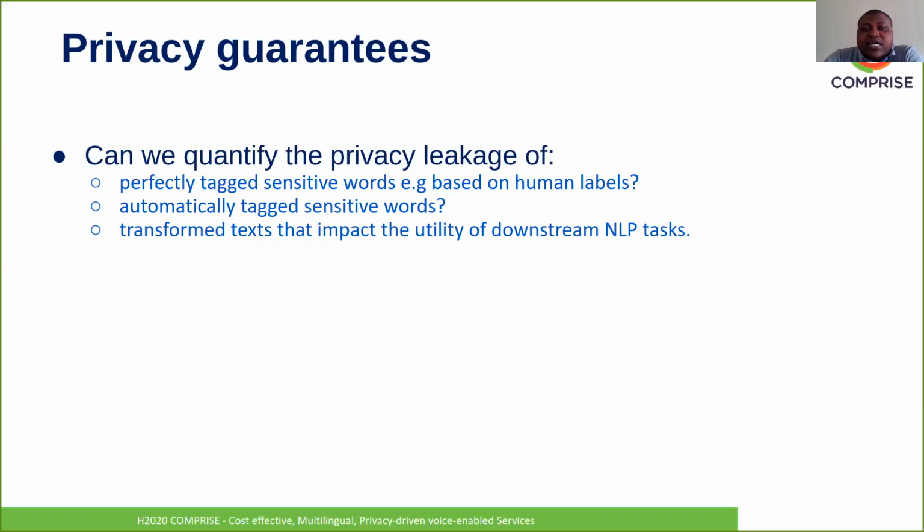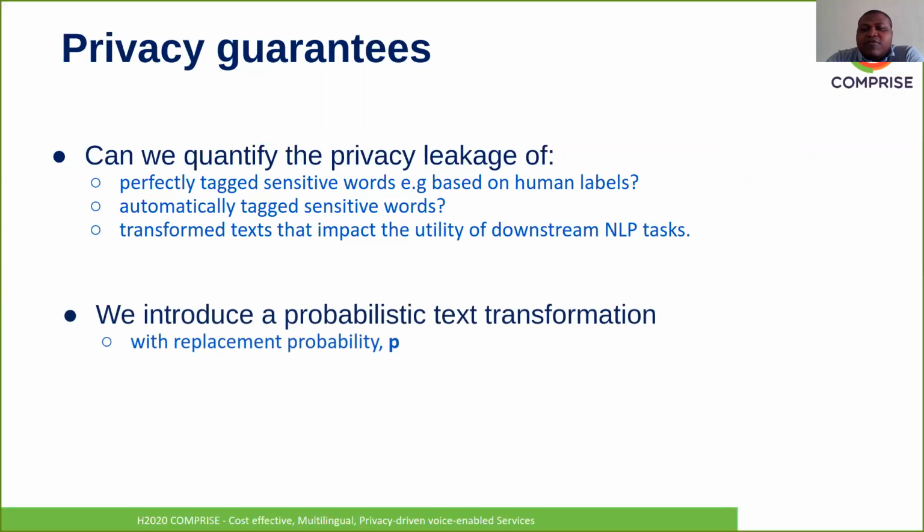Another thing is, can we also provide the privacy leakage, or what is the privacy loss for automatically tagged sensitive words? That means we do not perfectly tag the sensitive words. And this is what happens in practice. And sometimes if we transform all the text, it might also affect the utility on downstream NLP tasks. So we want to make this transformation a bit more flexible, or what we call a more probabilistic text transformation,